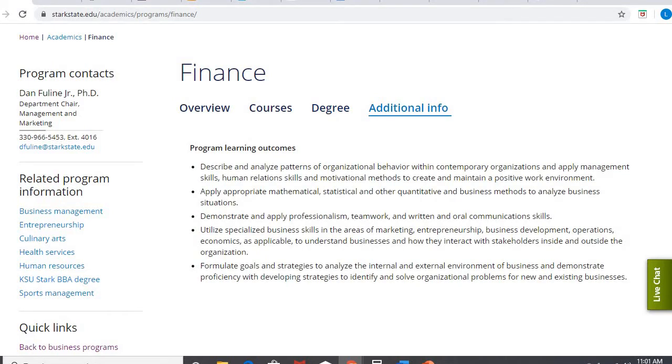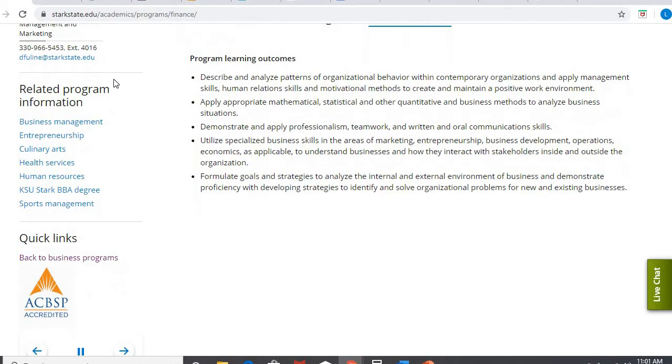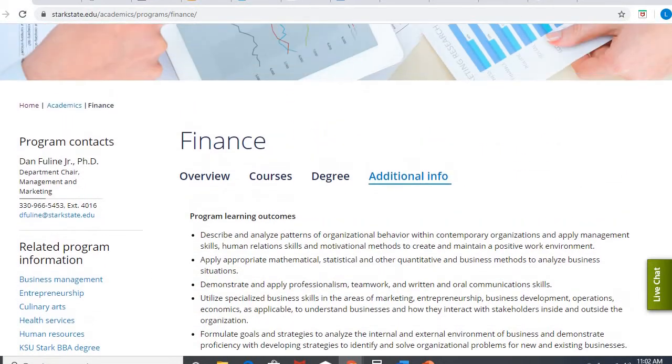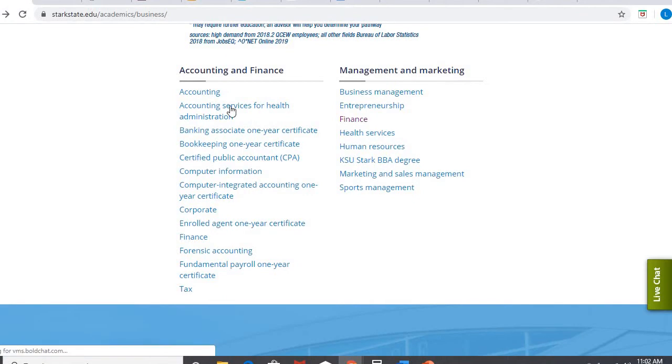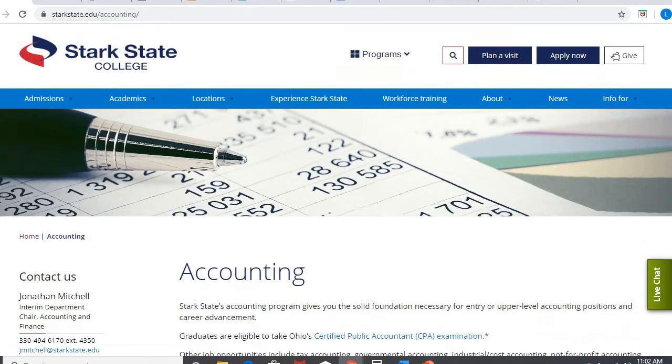additional information. You might also have some related programs over here that maybe can kind of tack on or be associated with, as well as if there's a connection to any other college. We have a lot of agreements with different colleges. So that is going to be how most of those pages will be set up. You'll be able to click in. Let's see if I click on a different one. You click in it, kind of same setup.